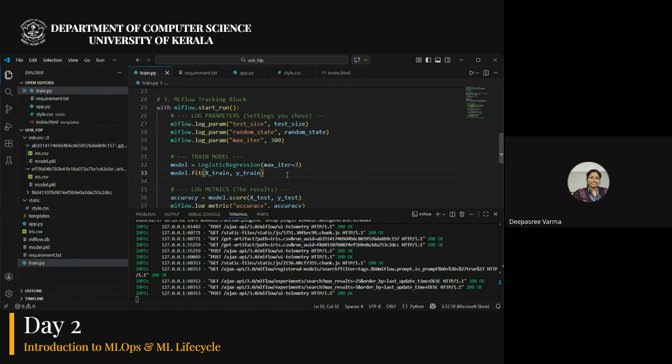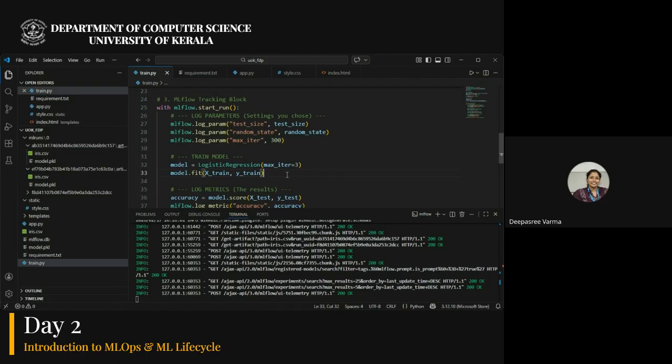The only thing is you have to log everything. Then it will be easy for you to understand what all changes. And also, this can be automated. Tomorrow you will see how to automate this. So you need not come and run it every time. You can just schedule. So today you want to try with 100 parameters, you can do that. In the evening, you just come and see the MLflow visualization. Tomorrow you can automate it again to do another 100 experiments. So that's the main use of this.